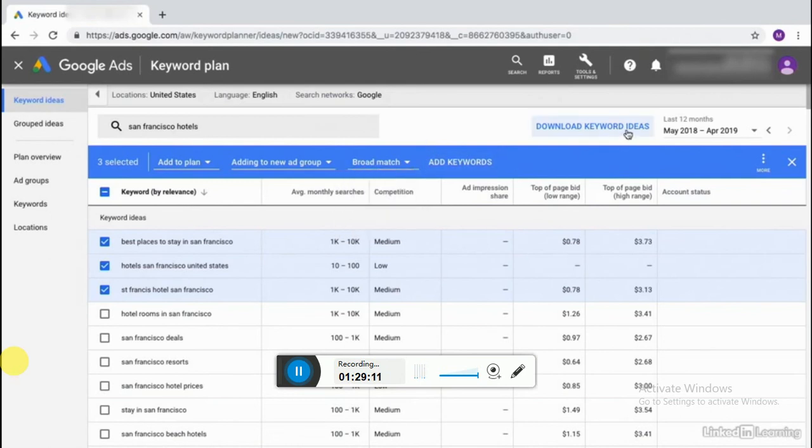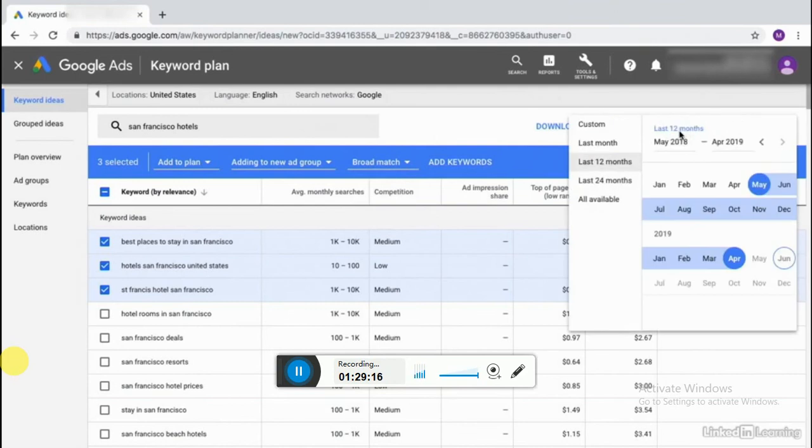You also have the opportunity to download keyword ideas and adjust the date range that you're looking for, because some of these keywords may be seasonal. So if you're looking for specific options, you may identify the seasonality. In other words, the bids might go up over, say, the 4th of July, which is a holiday here in the United States, versus, say, October, which might be a low travel season for